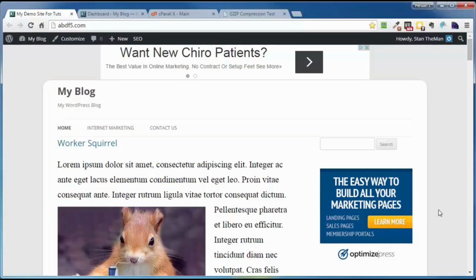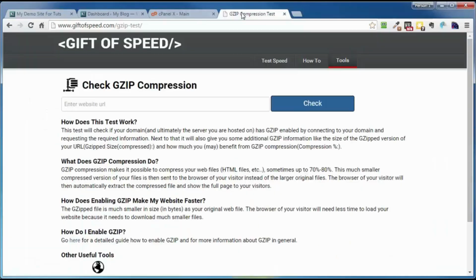Now first off, let's go ahead and make sure my site is working properly, because we are going to be dealing with some code. And as such, I want to first off say that you need to do a full backup. Let's err on the side of safety. Do a full backup of both your files and your database, just to be on the safe side. And then come on over to